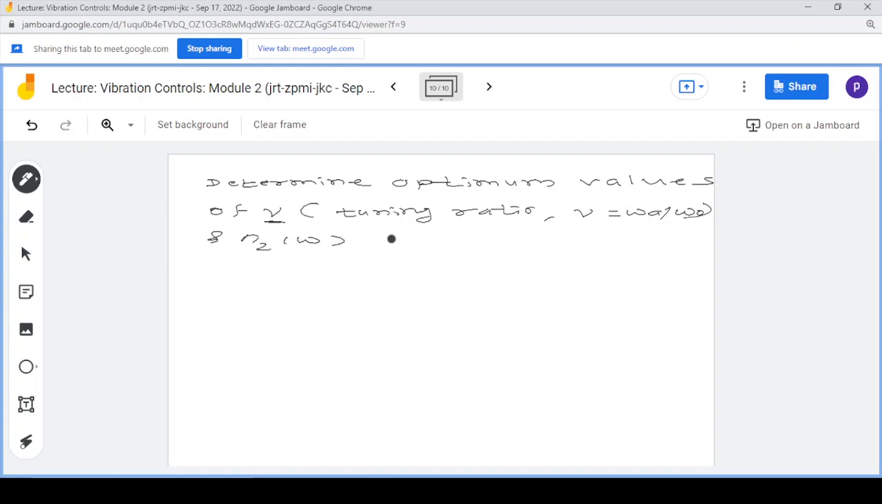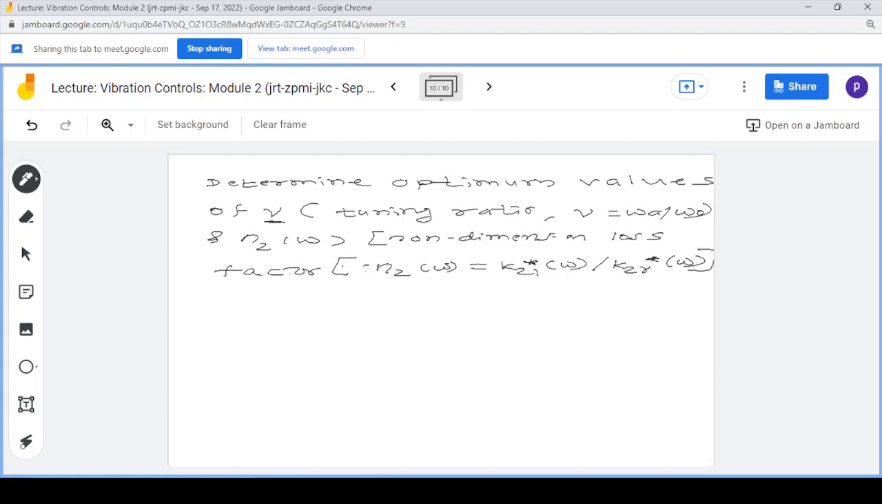Okay, what is this n2 omega? N2 omega, we know that it is a non-dimensional loss factor, correct? Again I am repeating for you, n2 omega is equal to k2 I star omega divided by k2 r star omega. Okay, so we are determining the optimum values of nu and n2 omega, that is loss factor,